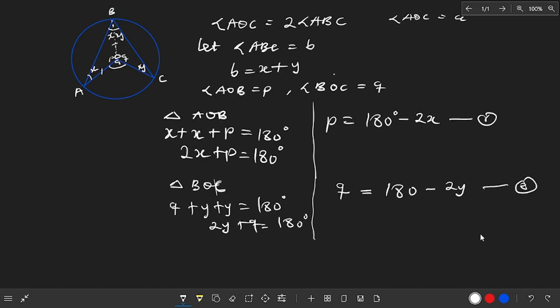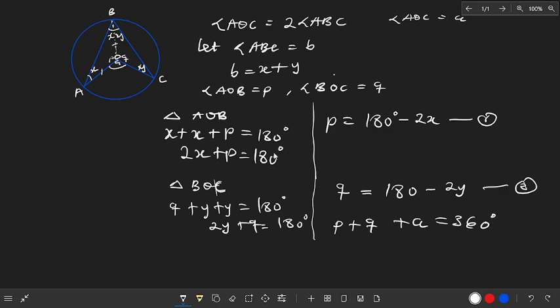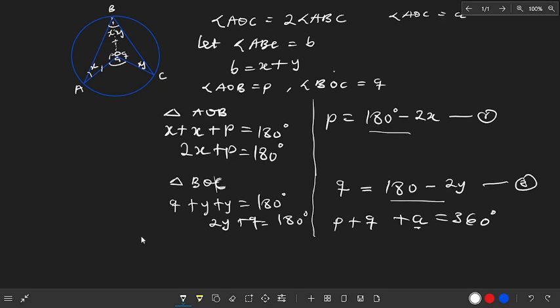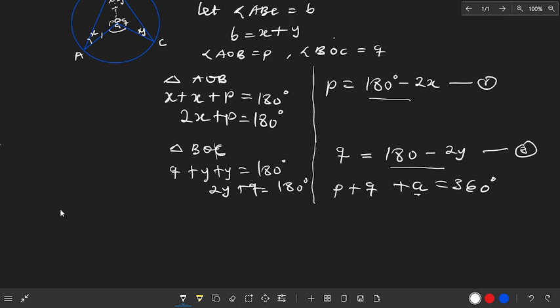Now let's look at the diagram. Those angles here, P plus Q plus A, all sum up to 360 degrees, because these are angles at a point. Now, we know A here is the angle AOC. P we have here, Q we have here. Let's do the substitution. Now we have P being 180 minus 2X, plus 180 minus 2Y, plus A equal